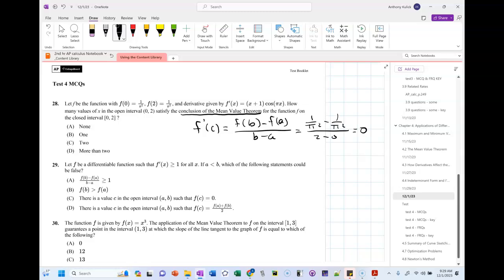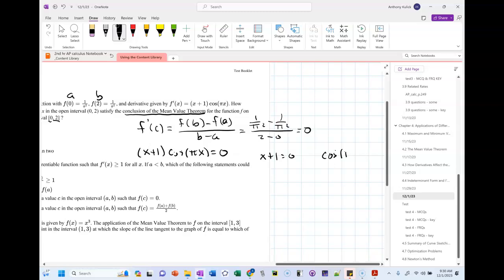Because our a and b are just 0 and 2 here, right? So basically I'm looking for how many places the derivative is equal to 0. So if I apply the zero product property, I can set each factor equal to 0. So I solve, I get -1,